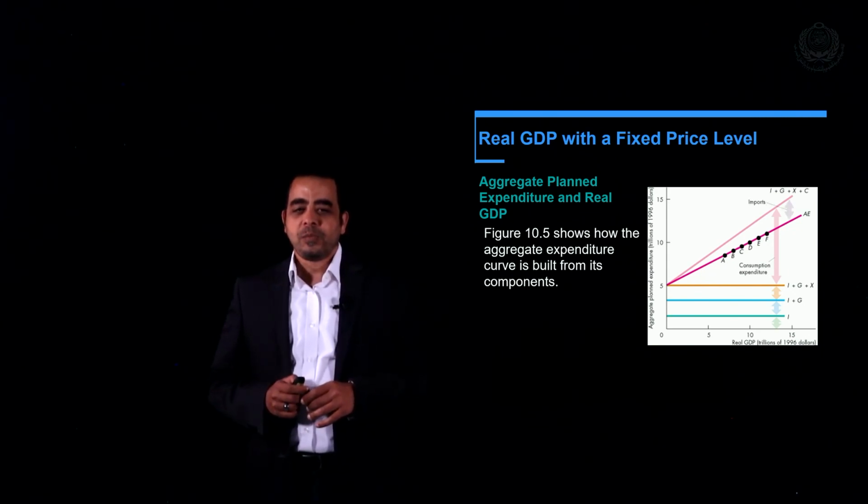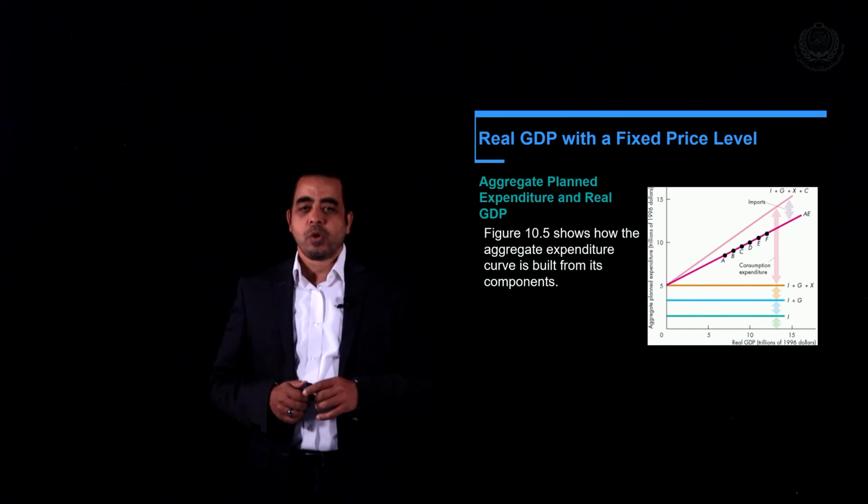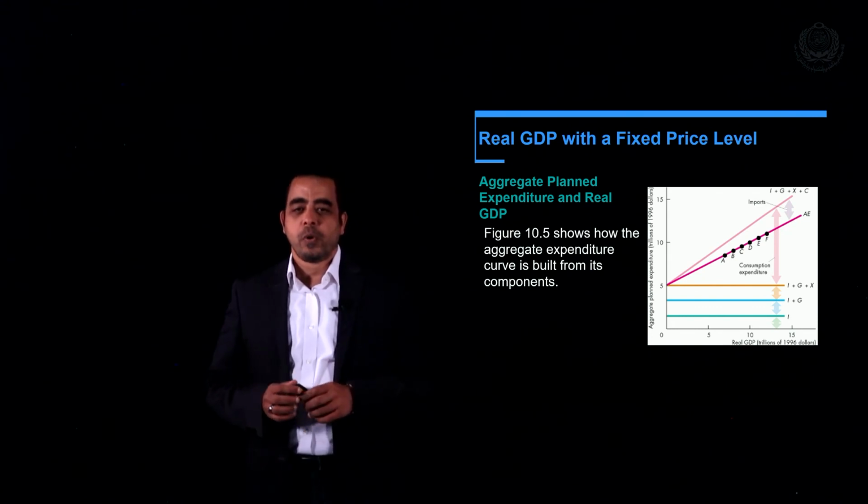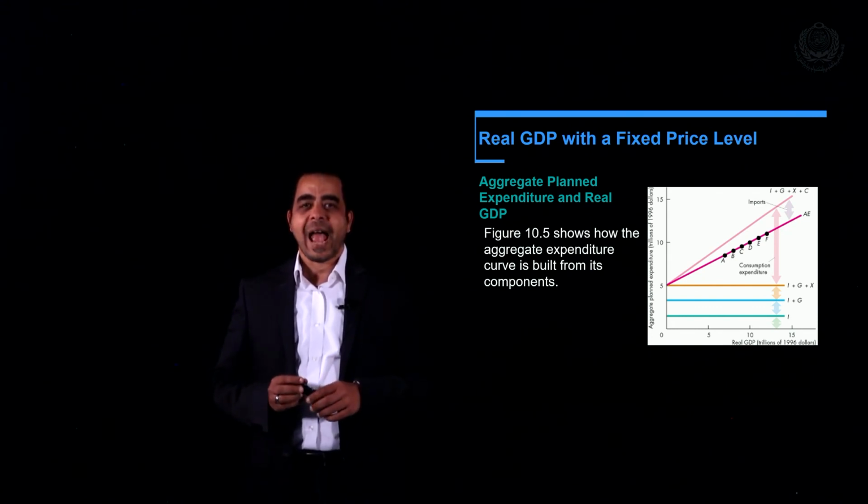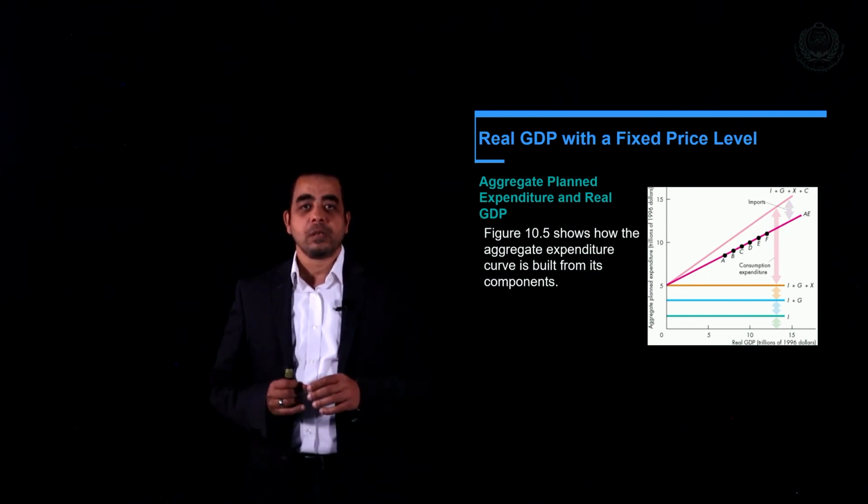Now, we are ready to talk about the other components of the aggregate expenditure. We're going to talk about the I, the G, the X minus